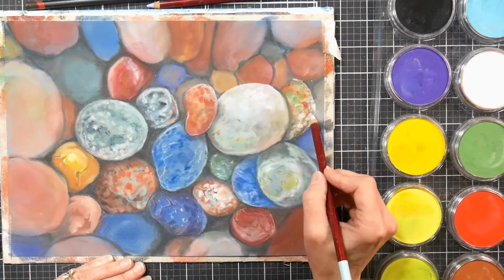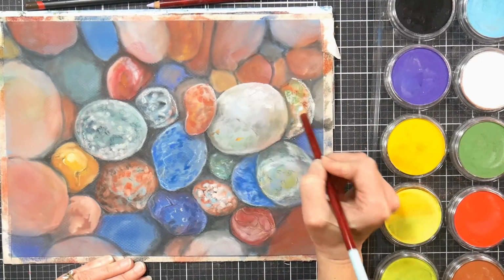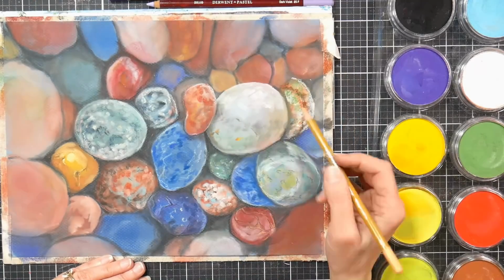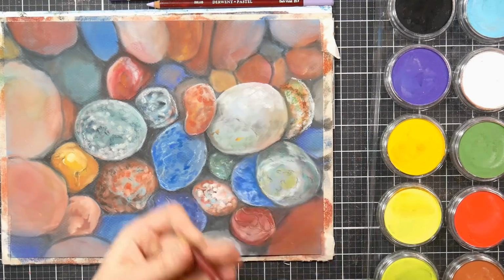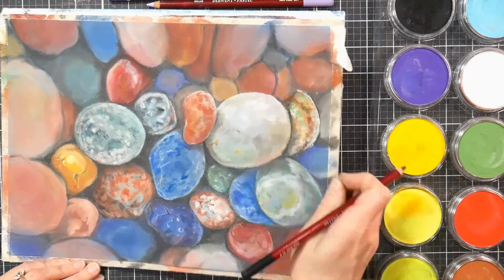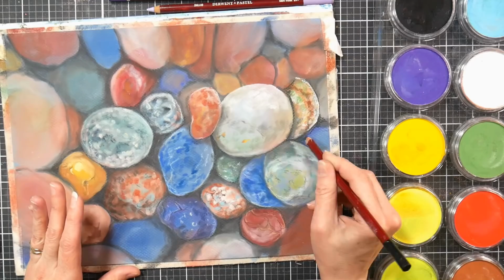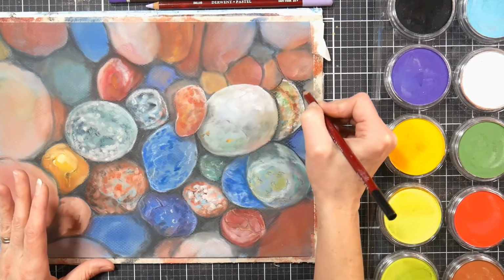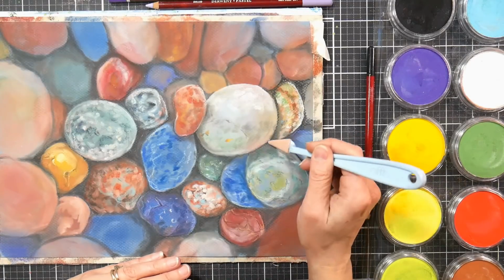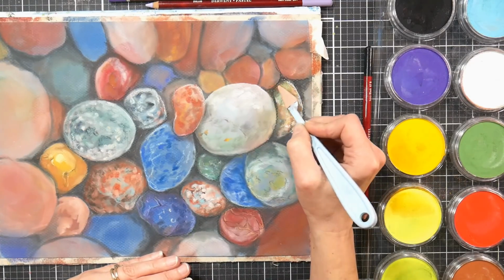So I have a sharp shadow where I see the sharp shadows, and then it feathers out to where I see more of a softer diffused shadow. So that's also helping, giving these rocks a little definition and making them look a little three-dimensional, because when you have that blurred shadow going onto the rock underneath, it makes it look like it's further down. And I just love how it looks, how you can almost see down in the depths between